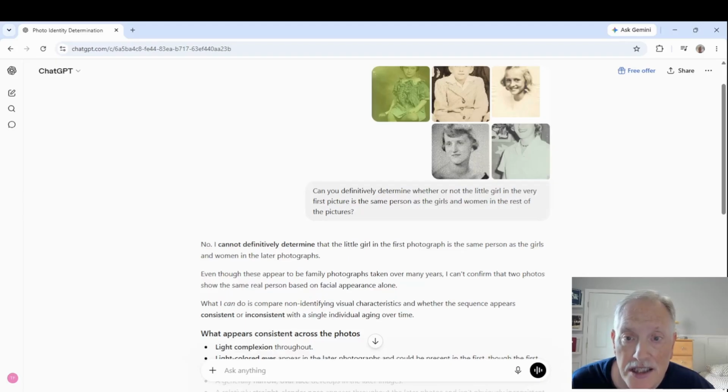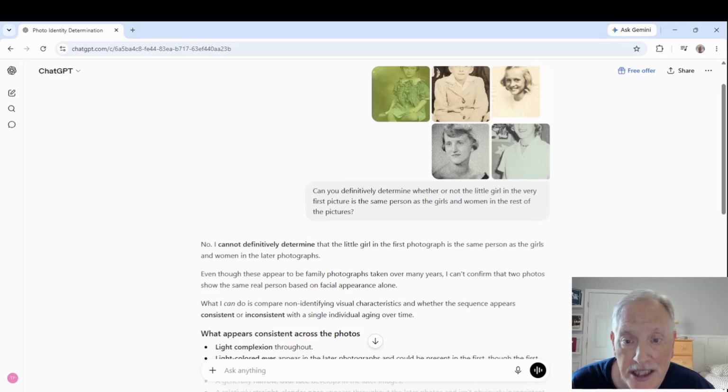However, to me she doesn't resemble the other individuals in the collage, who I know are indeed my mother at various stages of her life. Two as a young girl and two as a young adult. So I am going to put ChatGPT to the test. Let's see what happens. So the first thing that I did was grab all 5 of those photos and post